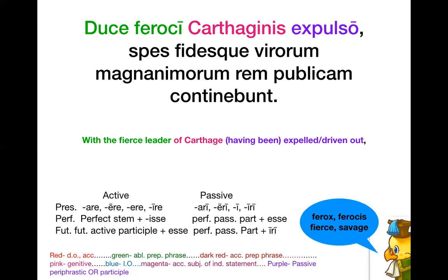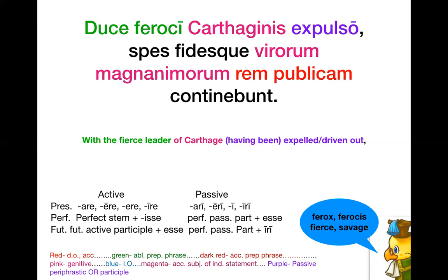And then rem publicam is obviously what case? Yeah, that's accusative. And then continebunt is what tense? Yeah, the future, the bunt. So with the fierce leader of Carthage having been expelled, hope and faith will...